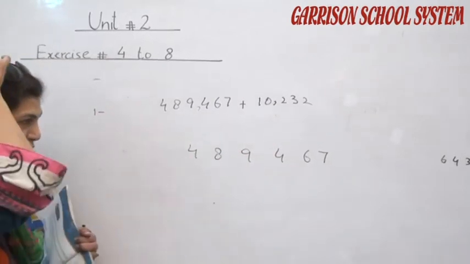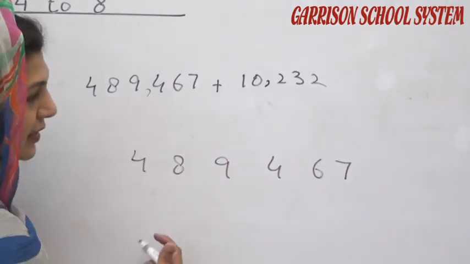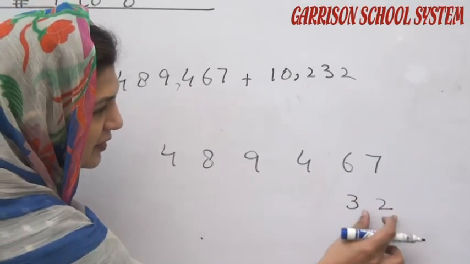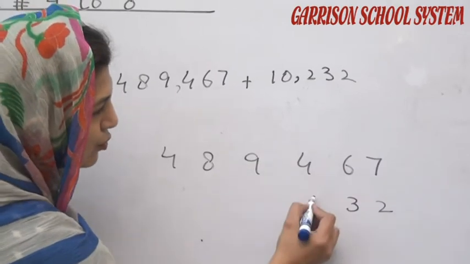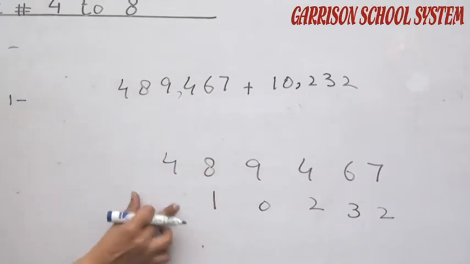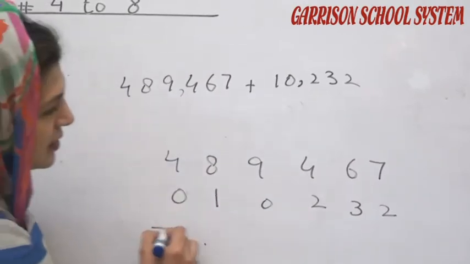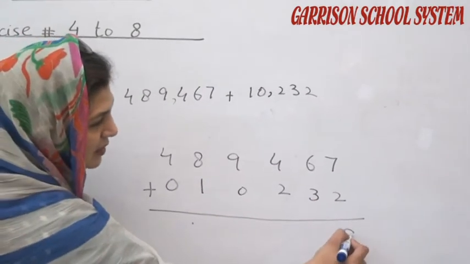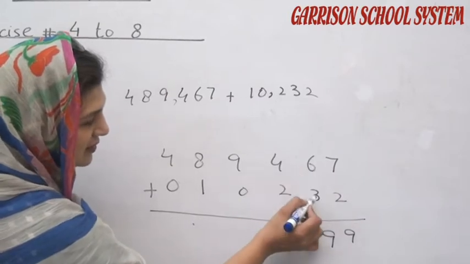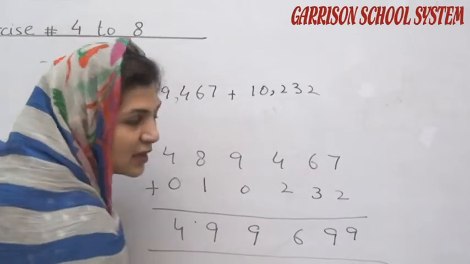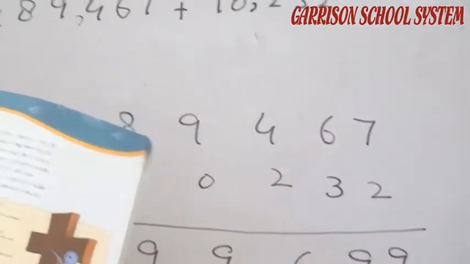So you will have to write from the right side, not in this side. You have to write 2, 3. The digits will come below the digit 2, 0, 1, and here will be nothing, so you have to put 0 here. So in this way you can add. For example, 9 is here, because 6 and 3 is 9. 6, 9, 9 and 4. So this will be the answer. So students, listen, exercise number 7 is so easy.